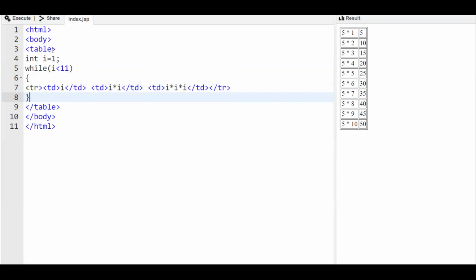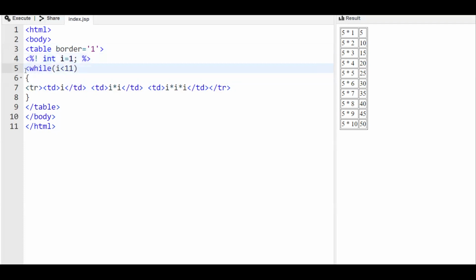Again, for the table, we will put a border. And for this initialization, it has to be in a scriptlet tag.